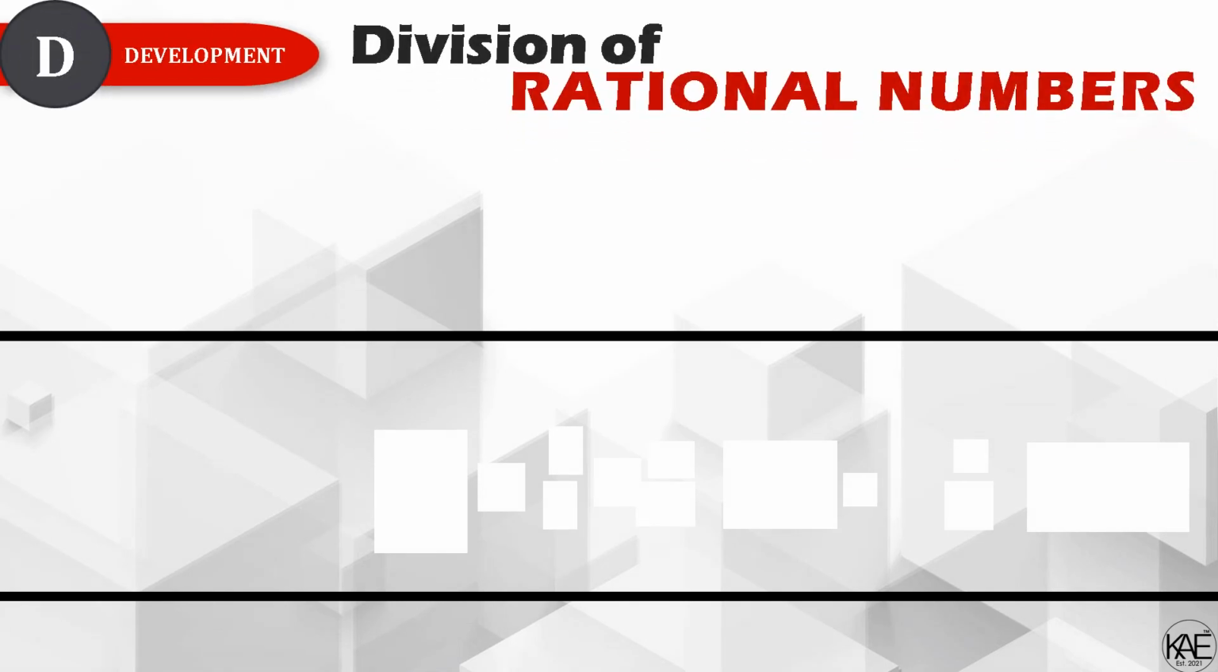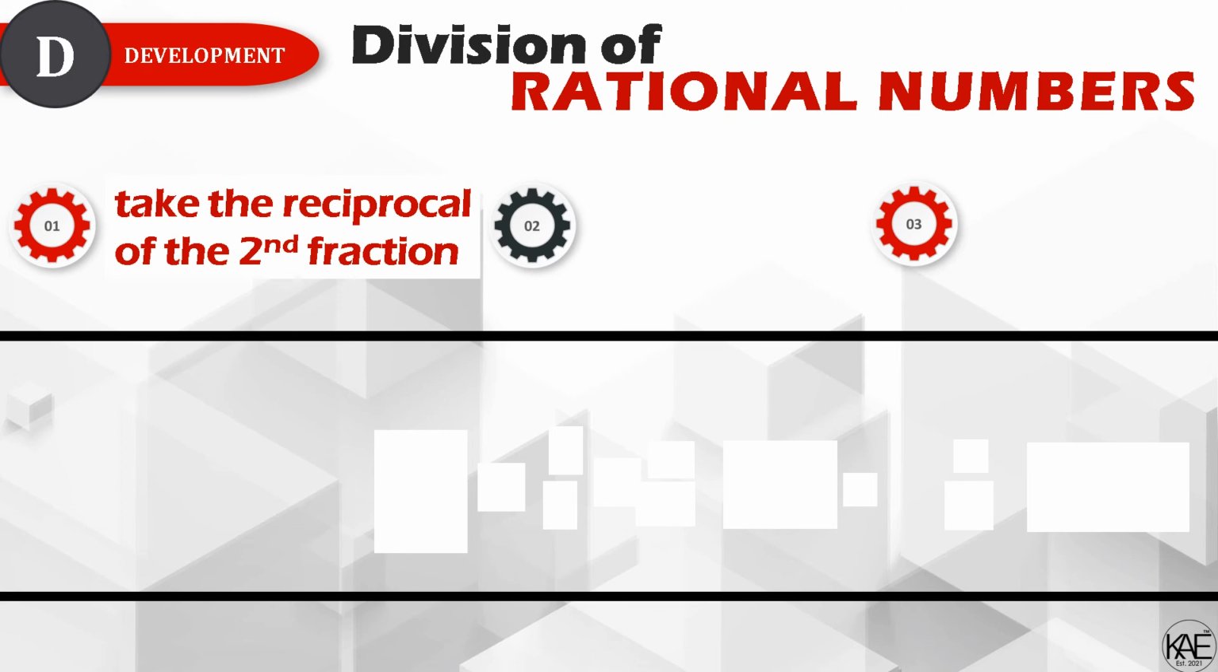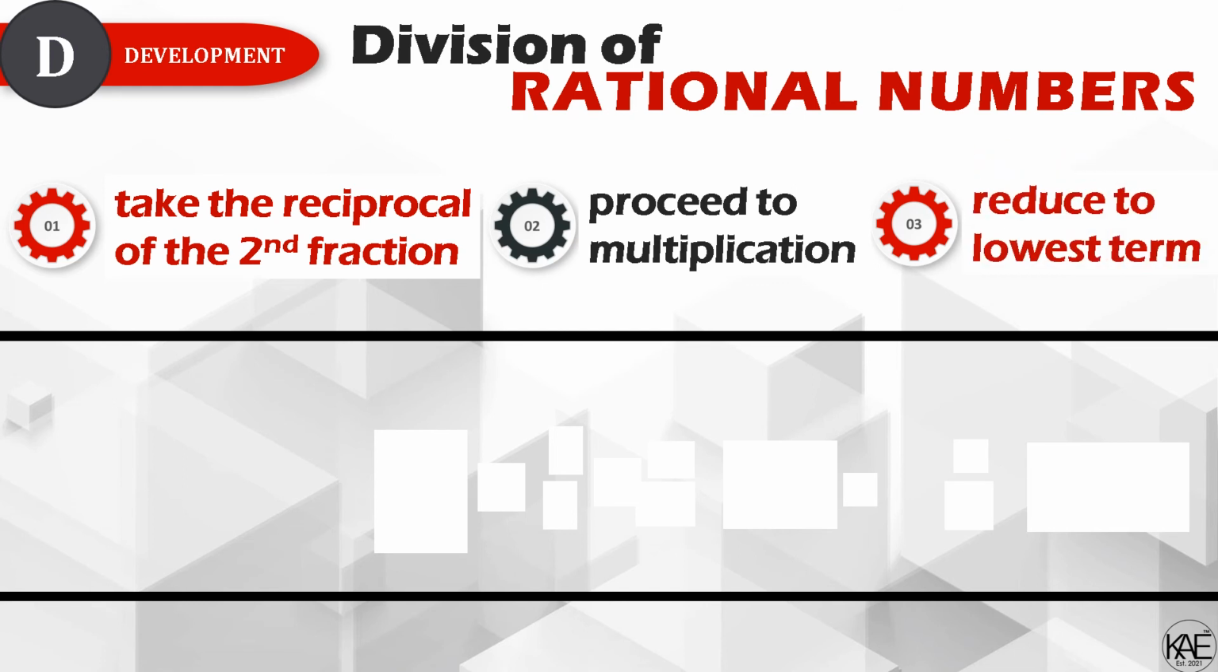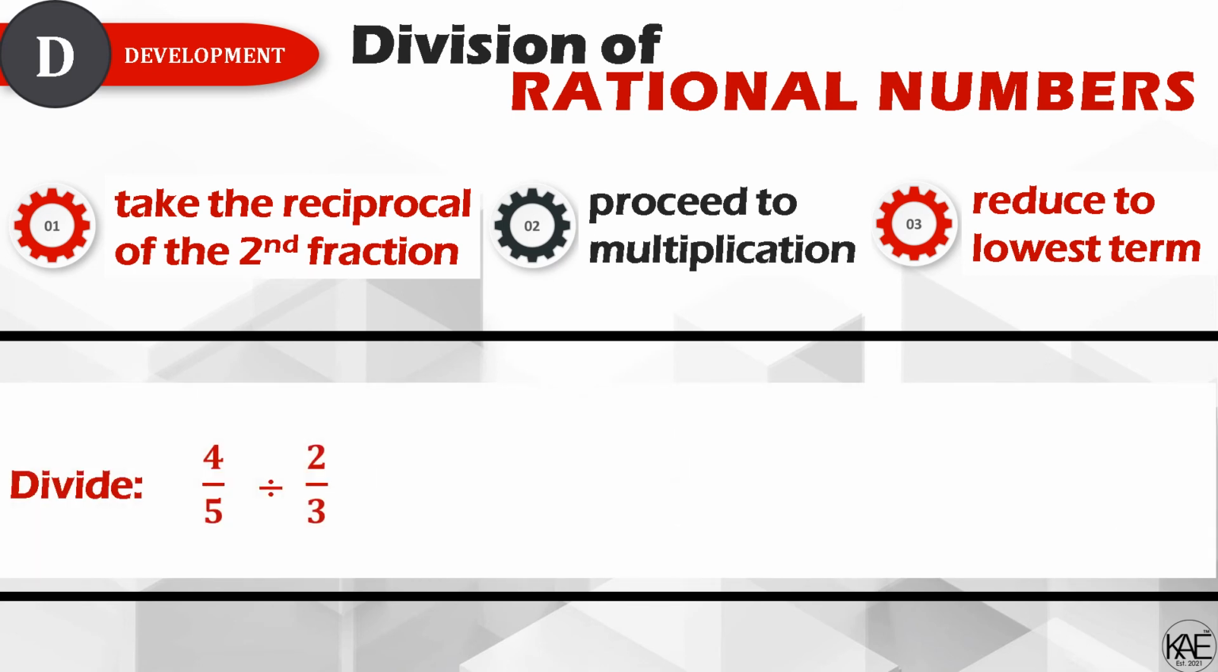Division of rational numbers in 3 simple steps. First, take the reciprocal of the second fraction. Next, proceed to multiplication. Then third, we reduce to lowest term if needed. Now let us have this example. 4/5 divided by 2/3. First step,